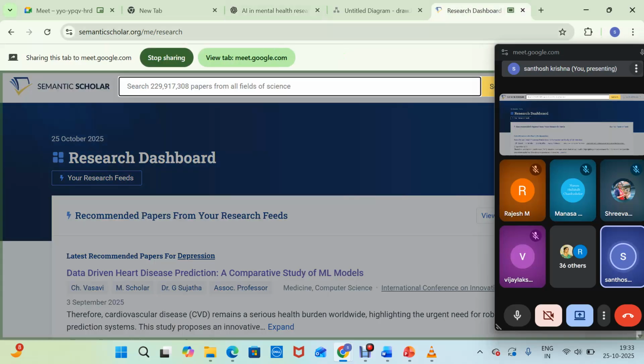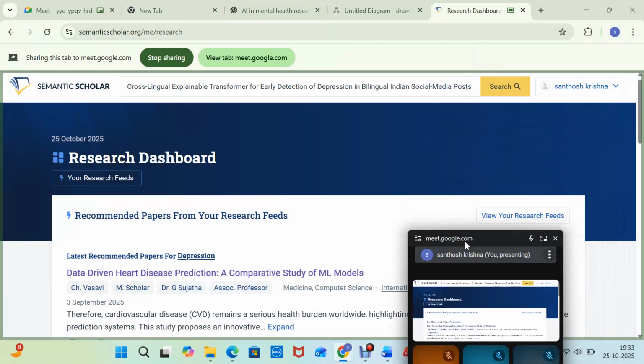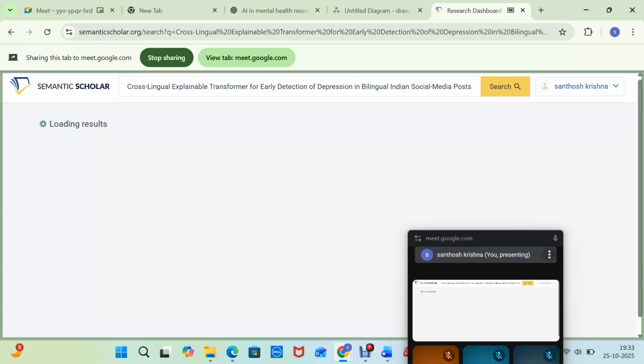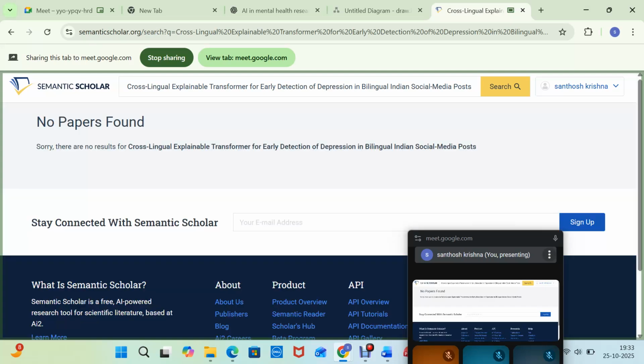I'm giving it in Semantic Scholar and running a search here. See, no papers found, which means the paper title is very unique, because such a title does not exist in the database.